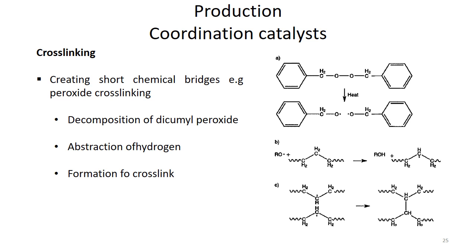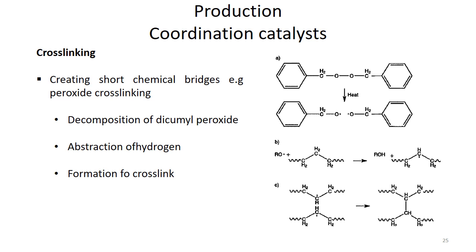We can also produce these direct cross-links by the addition of peroxy radicals. As you can see here, they are peroxy radicals, introduced using an initiator. We blend an organic peroxide, such as dicumyl peroxide, into molten polyethylene at a temperature below that at which the peroxide decomposes. Once we have formed the molten blend into the required shape, we increase its temperature until the peroxide decomposes into peroxy radicals. Just by the heat, peroxy radicals are formed.